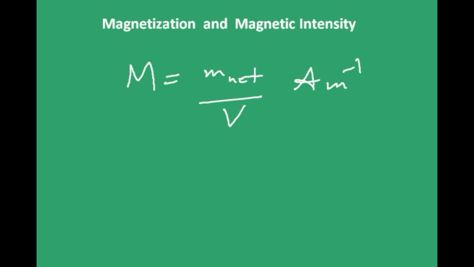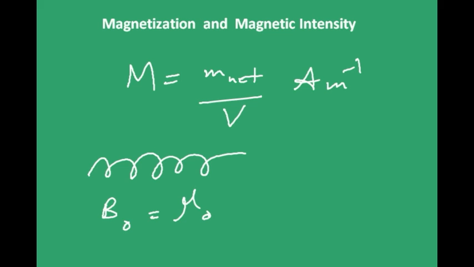Now, you know what is magnetization? Say you have a solenoid. The magnetic field when I pass a current I through this solenoid will be mu naught N I, where N is the number of turns per unit length. You know this, right? Now, if I insert a material into the solenoid like this, which has some non-zero magnetization, say it can be soft iron or something like that, then what happens? The magnetic field increases because of